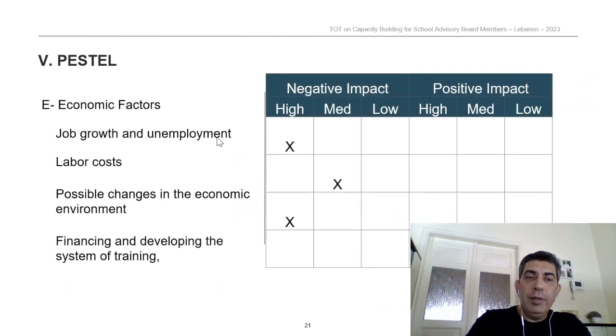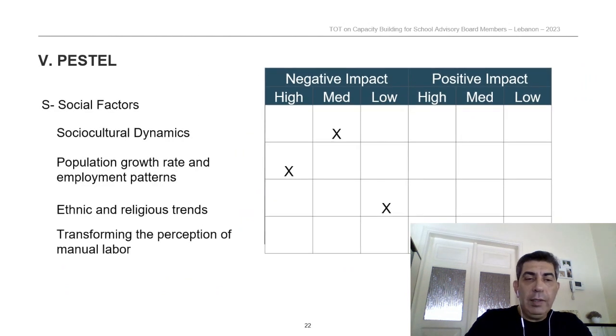For the economic environment, the connection between the economy and the TVET system is very important for jobs and unemployment. The Lebanese economic crisis has had significant and multifaceted impacts on the TVET system in the country. Here are some key effects: funding shortages and resource constraints, increased demand for skilled workers, immigration of skilled workers, loss of private sector support, instructor retention and training, limited industry partnerships, and so on.